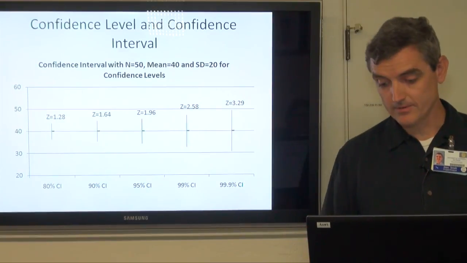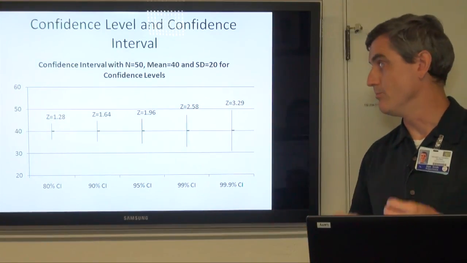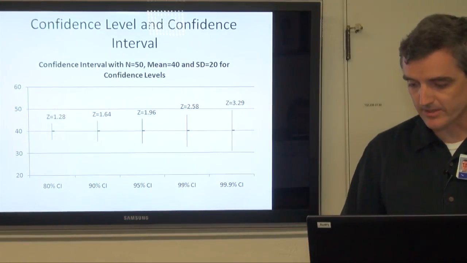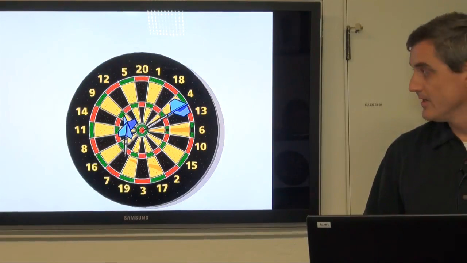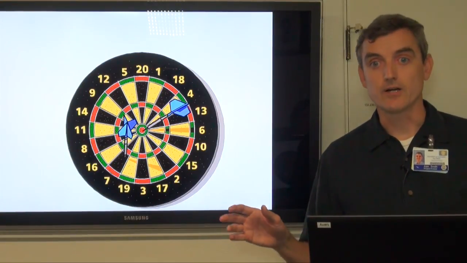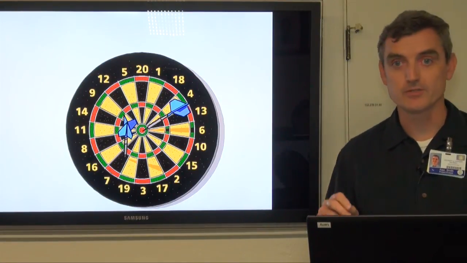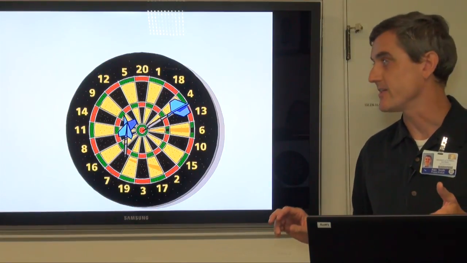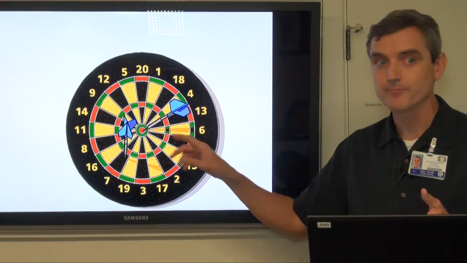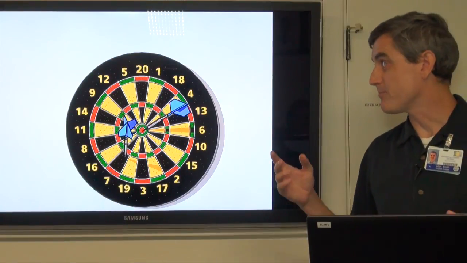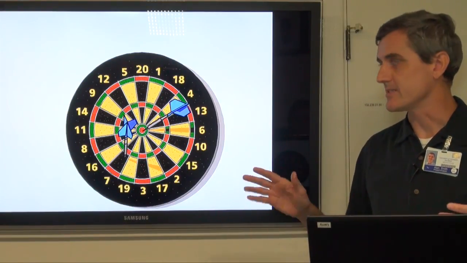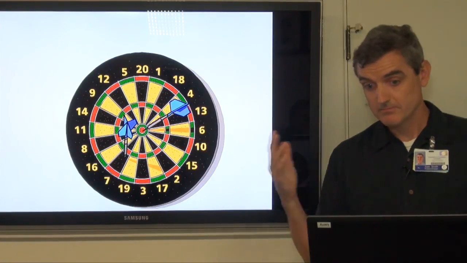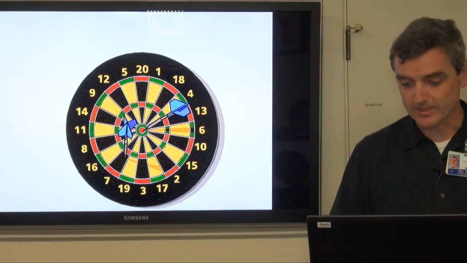And so we can say as we want to be more confident, we're going to hedge our bets more, so that confidence interval is going to get a lot bigger. It's kind of like playing darts. If I'm shooting for the bullseye, I'm probably about 75% confident that I can get it within the triple ring here, but I'm probably 90% to 95% confident that I can get it on the board somewhere. So that width gets wider as my confidence gets bigger,